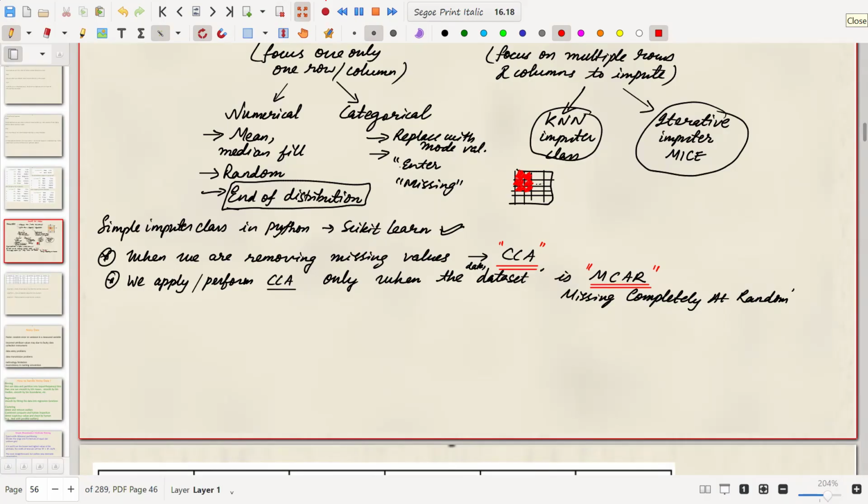And second case is, if you perform CCA, so data will be changed. If you perform CCA means you're removing that data entry, right? You're removing that entire row. Now, if you remove that entire row, that particular row is not there in your data set. So the data set has changed. Now, there are two data sets, before and after, so before applying CCA, and after applying CCA,